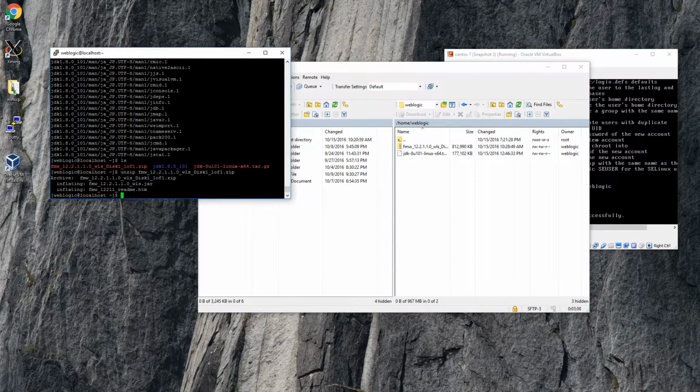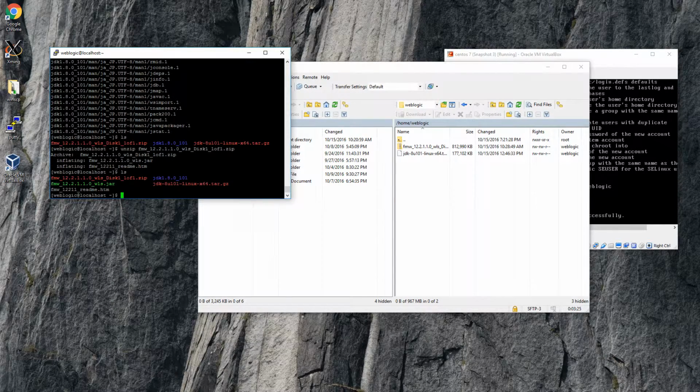There are two methods of installing Weblogic server. One is a silent method and one is a graphical user interface method. We're gonna first install it using GUI, and then we're gonna install it using a silent mode. So for GUI installation, we're gonna set Java home, export Java home equals, that means home JDK 1.8